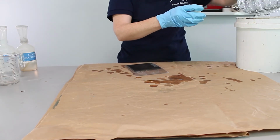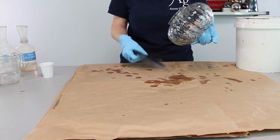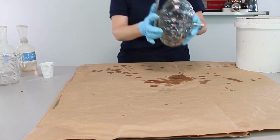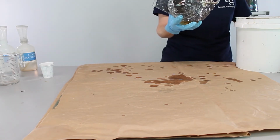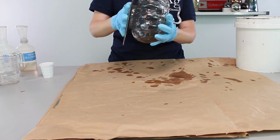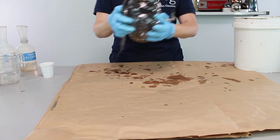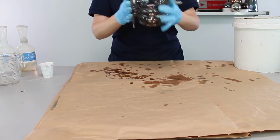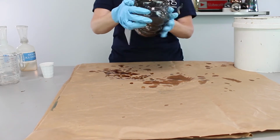Once those chemicals are combined, you'll see that they will start to change color. You can see at the bottom of the vessel there, I've already got a little bit of a color change happening. And we're going to gently rock the piece, moving the chemicals throughout. This doesn't need to be an aggressive movement. You just want to allow the chemicals to flow over the surface, and that's going to take about 3 to